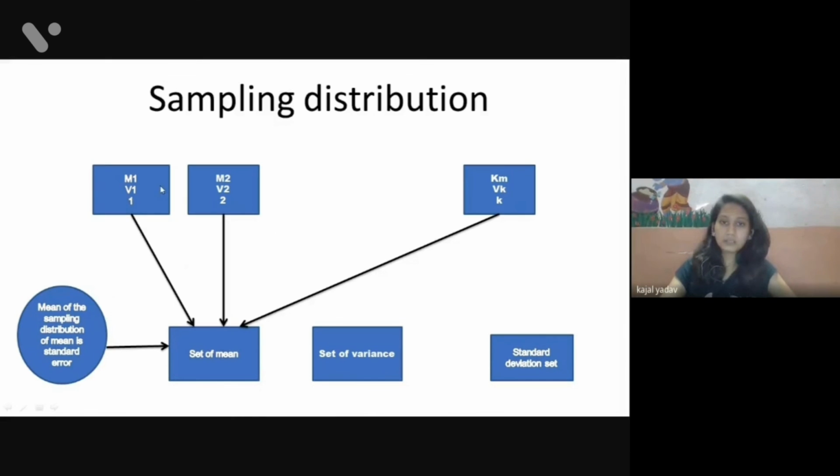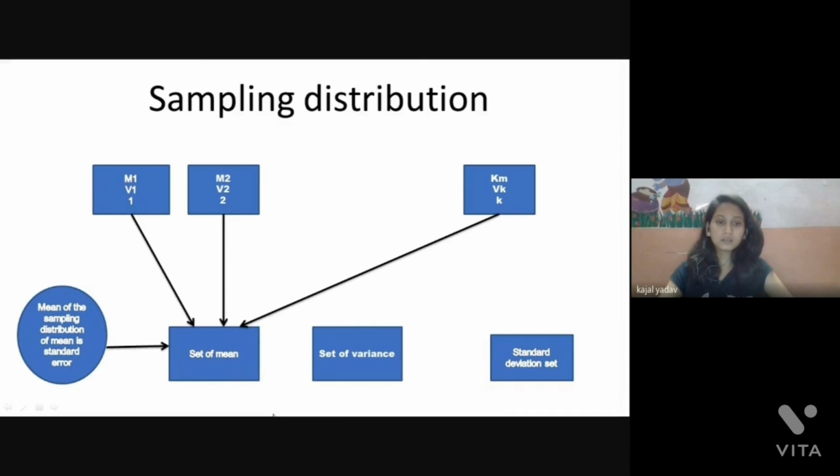So these k samples have k values of the standard deviation, mean, and variance. When we collect the means from every box, we get a set of means.